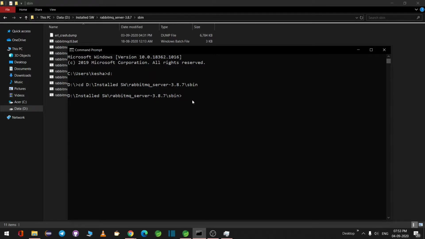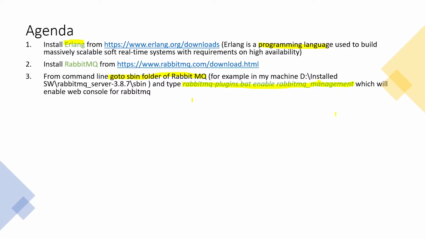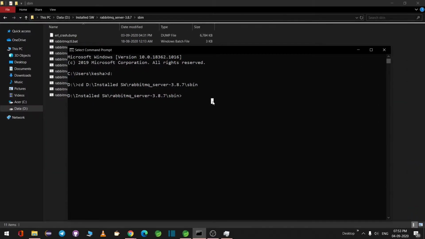Once you are in the sbin folder, you have to run this command, which is rabbitmq-plugins.bat enable rabbitmq_management. Let us go ahead and do it. I'll just keep on pressing tab so that I reach rabbitmq-plugins. Now rabbitmq-plugins.bat enable rabbitmq_management.